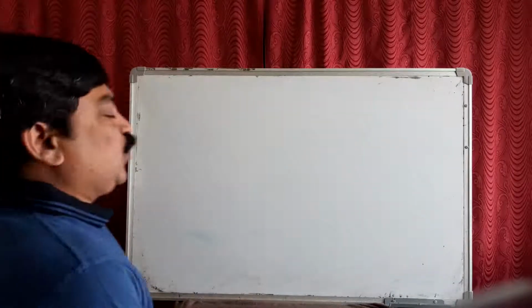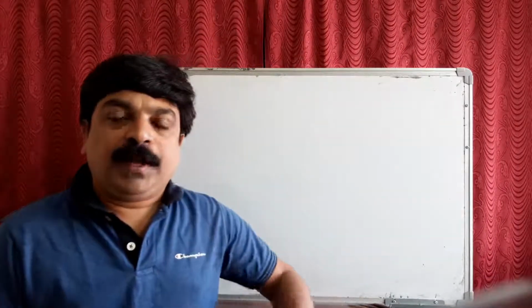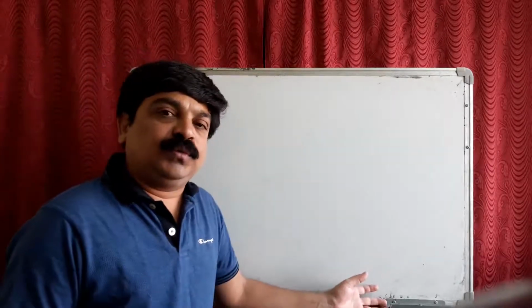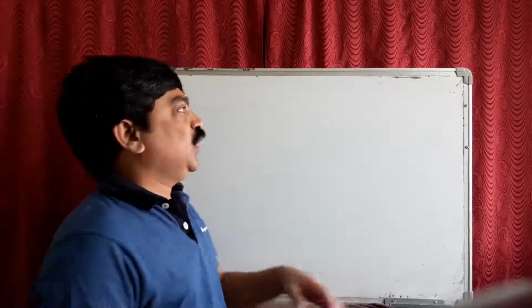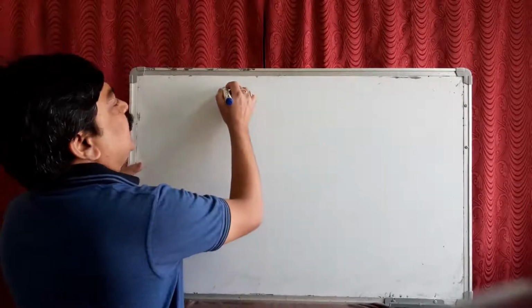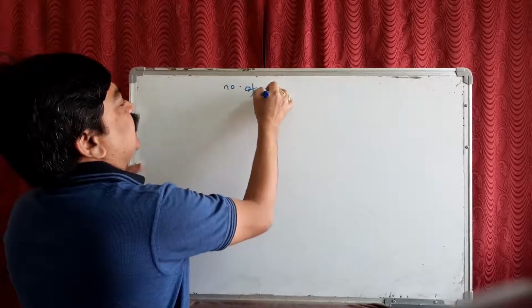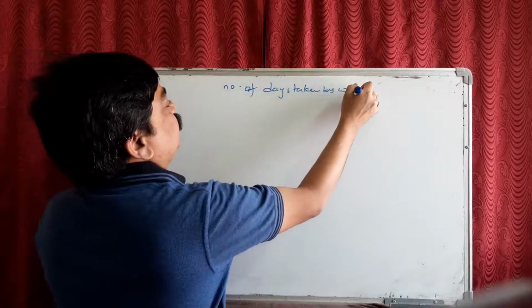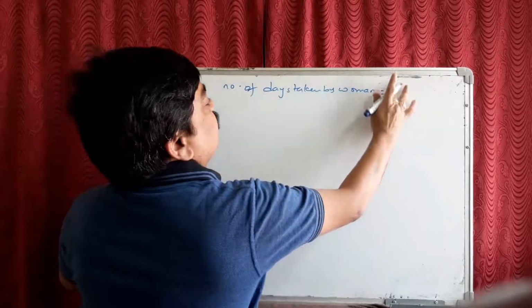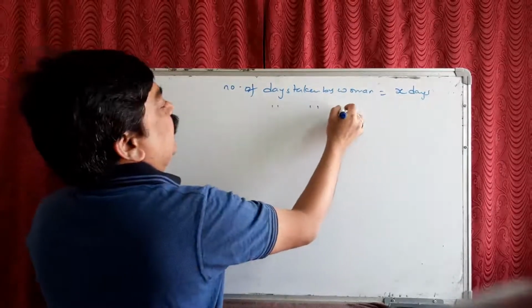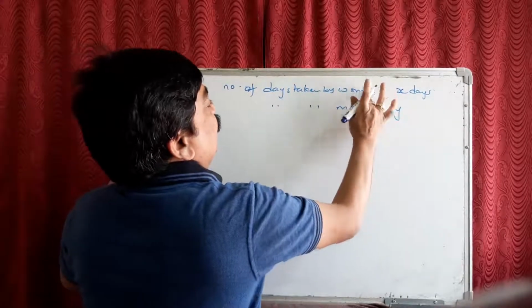Here it is the problem about work done in a number of days. The question is: find the time taken by women and men separately to do the work. So how to start? What is to be found? The number of days taken by a woman, x days. The number of days taken by a man, y days.